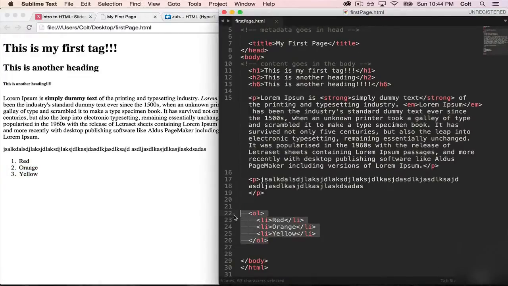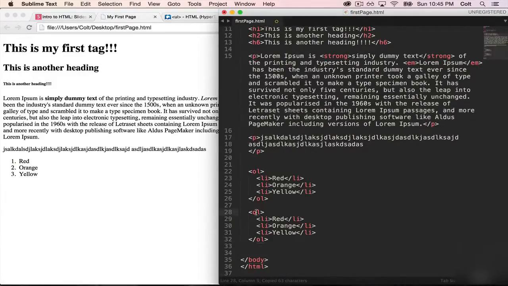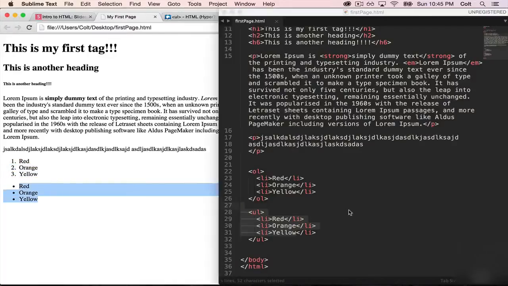So if we copy this, we do the exact same thing, but we change it to be a UL, and I refresh the page, you'll see that I have a numbered list, which is ordered, and an unordered list with bullet points. So just by changing OL to UL, I go from ordered to unordered. Both of them require list items inside. What we can also do, just to show you, we can nest any of the other tags that we've seen,